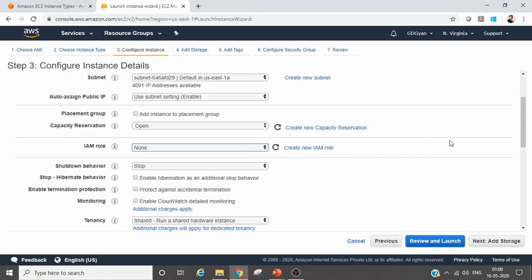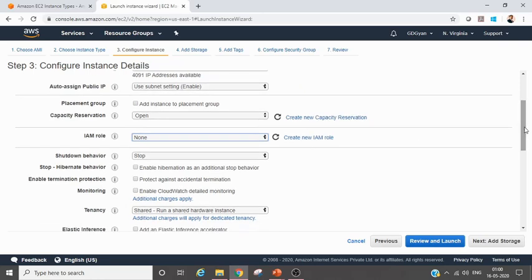What is an IAM role? Suppose I have created this EC2 instance, right? Now I want this EC2 instance to access one S3 bucket, right? How will it access it? A role is required. I'll assign a role to the EC2 instance, and that role will give permission to this EC2 instance to access the S3 bucket. Other than that, how can we do that? If you remember my first session, you can do it using an IAM policy, right?